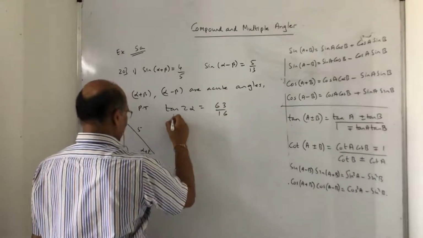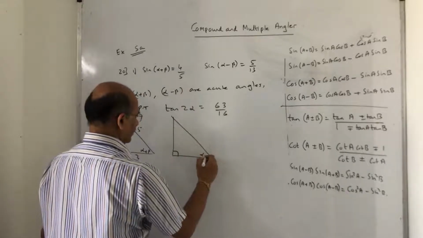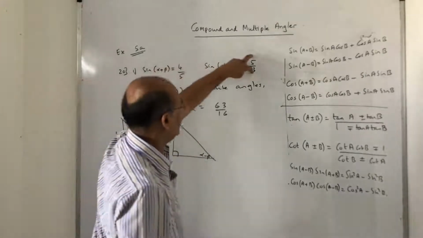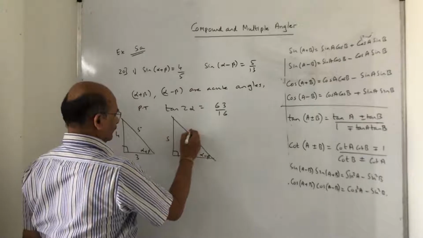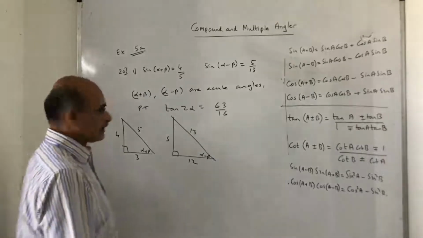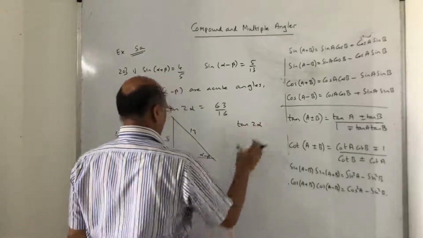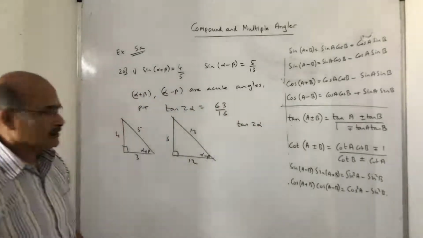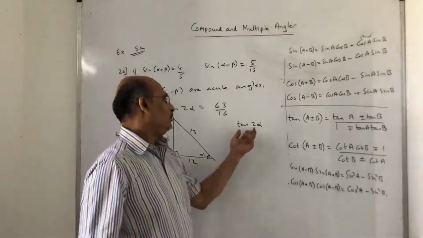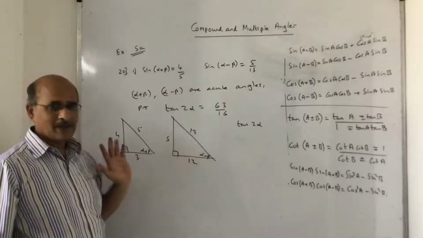Similarly, for alpha minus beta, I can say what is given sine. So alpha minus beta, because these are two different angles, keep that in mind, because the Pythagorean triplets are different. So 5 by 13. So 5, 13, 12. As we have done this, now listen very carefully, they are asking us to find tan 2 alpha. Now, they have to prove this is equal to 63 upon 16. Difficult question. I want you to understand. They are asking us to get tan 2 alpha, but you see the measurements are given in terms of alpha plus beta and alpha minus beta.